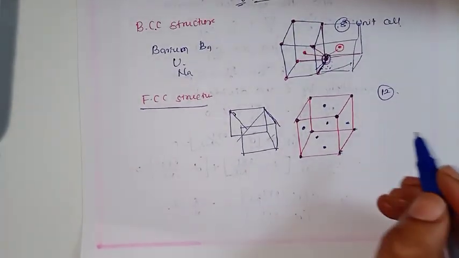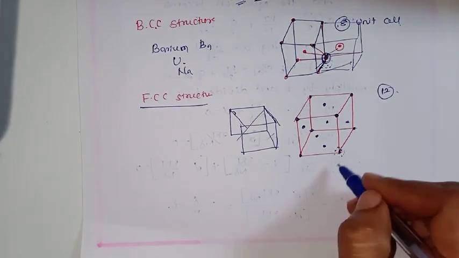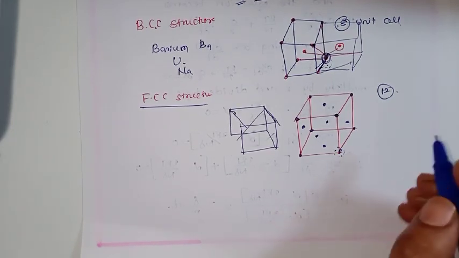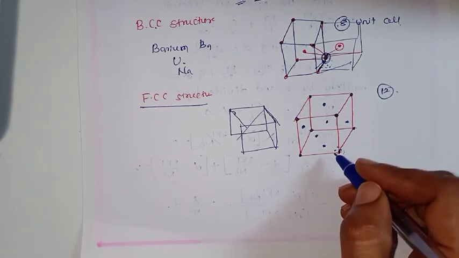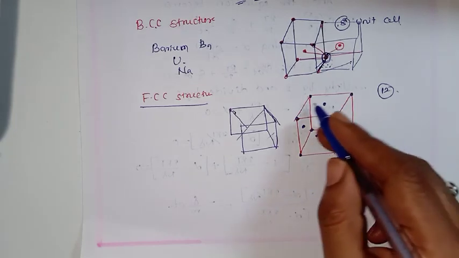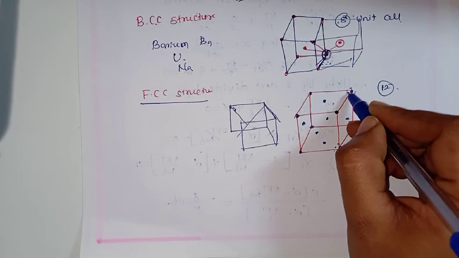If we consider this corner atom, which is the nearest one? The nearest atom will be the face centered one. For any corner of this cube, the nearest one is 1